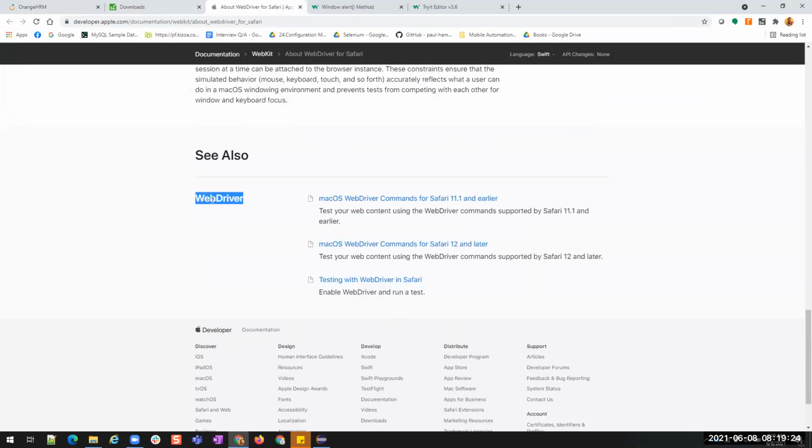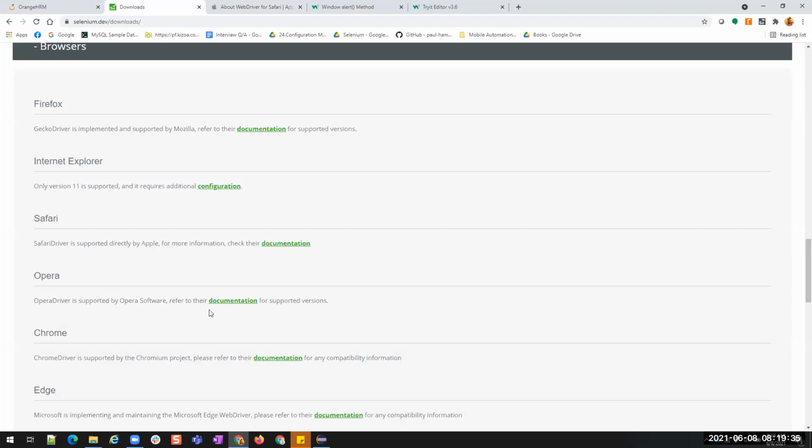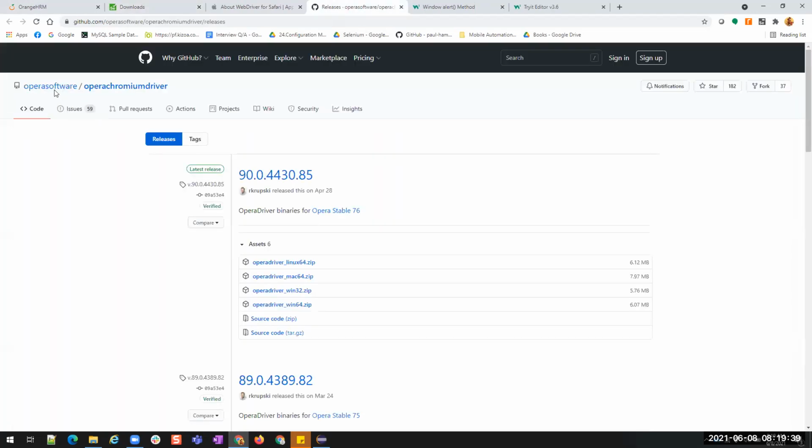Yes, you see WebDriver. I can download this WebDriver, Mac OS WebDriver commands. So I can download this driver and keep it in my place. Okay, if not Safari, if I want Opera, I can go to the Opera site and download it. You see, this is from Opera, right? You can see the icon, Opera.